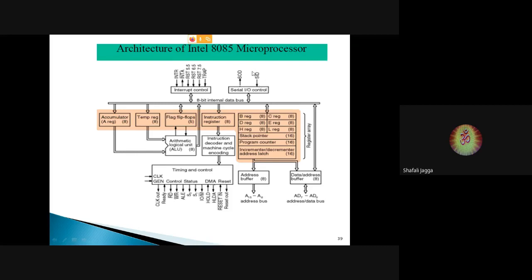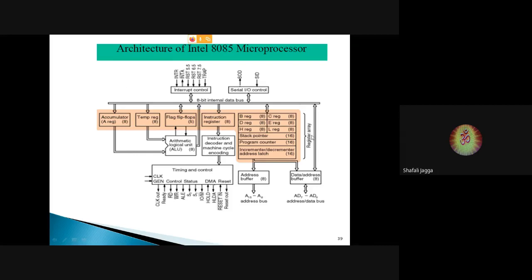So whenever this 8085 microprocessor is receiving data bit by bit through the SID input line, we say this is the serial input data. Similarly, it can output the data serially bit by bit across the SOD line. So these two lines are only used for serial transmission, input as well as output. Now this completes the architecture diagram along with the pins.